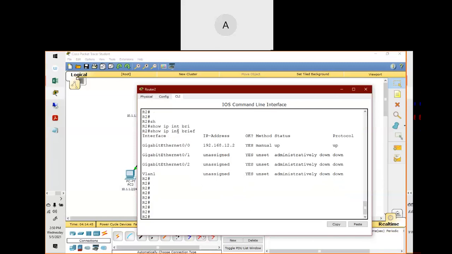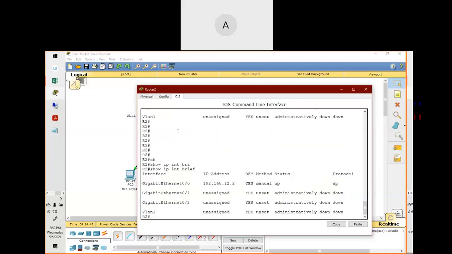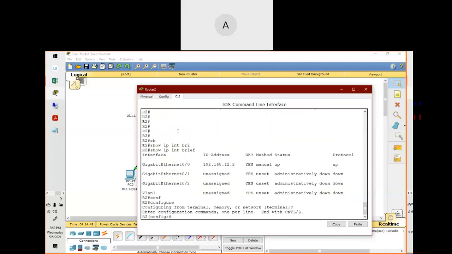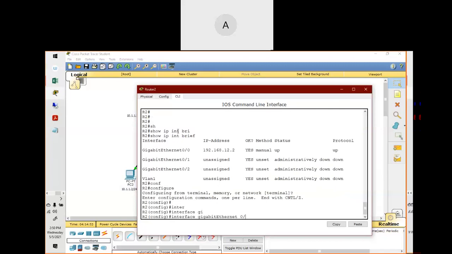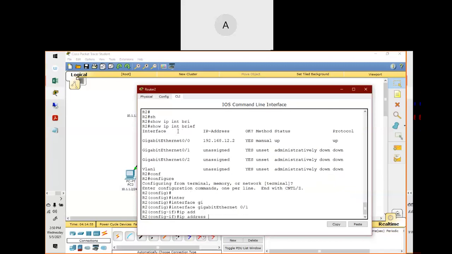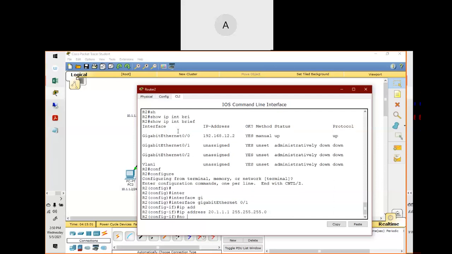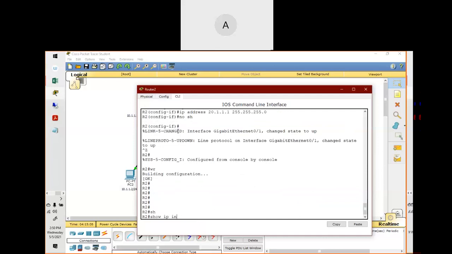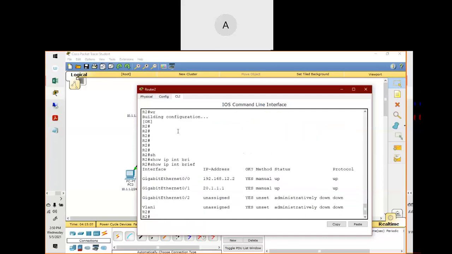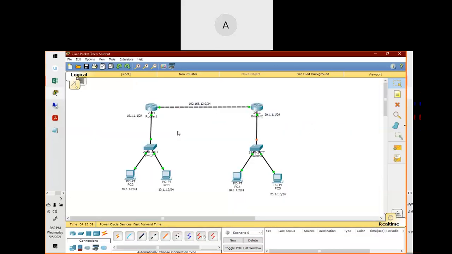Router 2, show ip interface brief. Interface gig 0/1, IP address 20. No shutdown, working. Show ip interface brief. Working fine. So now everything goes green, everything is up and running, right?